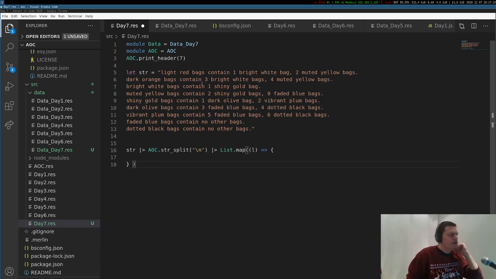So that's one thing. We kind of want to split the thing into two different parts as well. So "bags contain" would be like a keyword defining the edge between, or one or multiple edges between, the first node and the two latter nodes. Or two or no nodes in this case. So my basic idea here is to